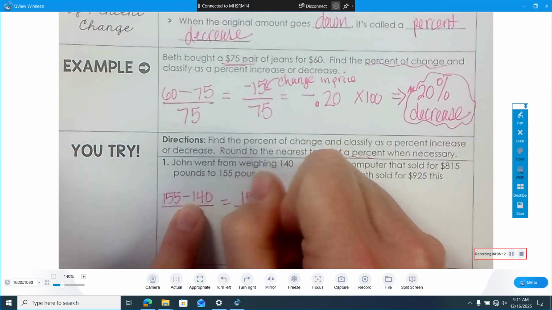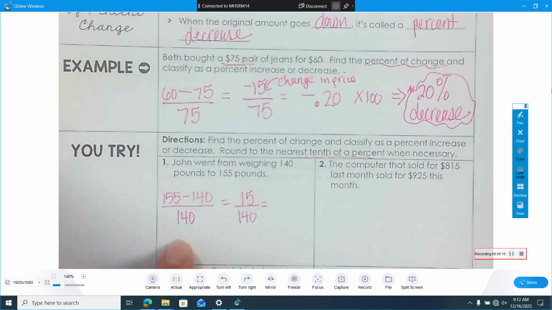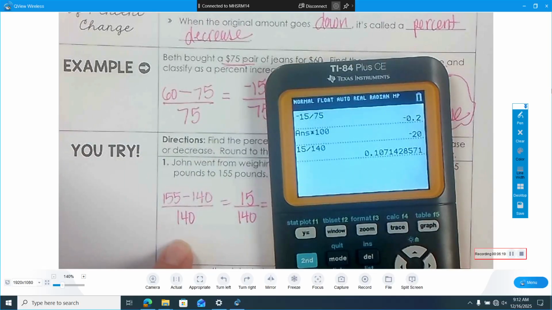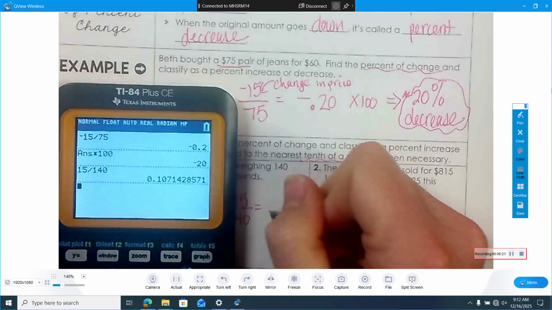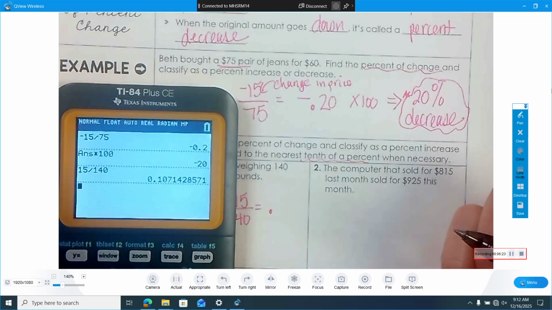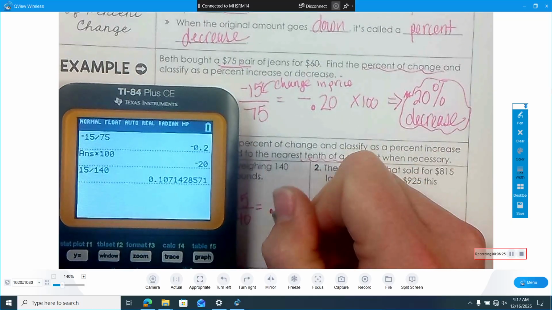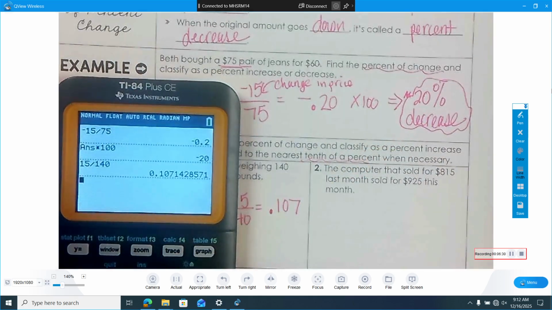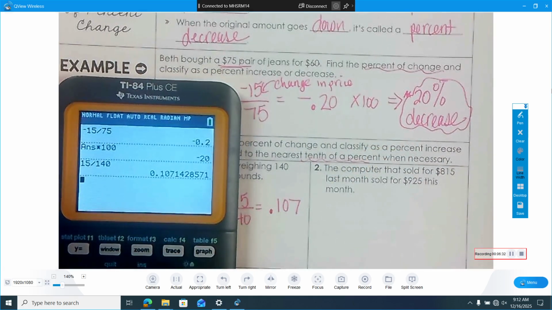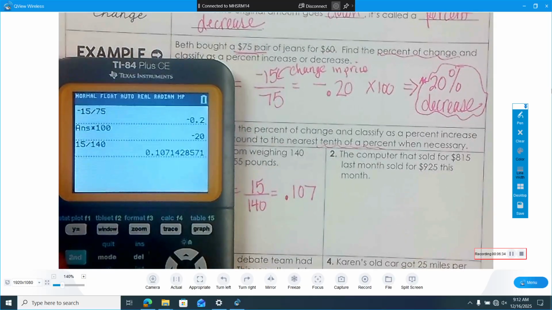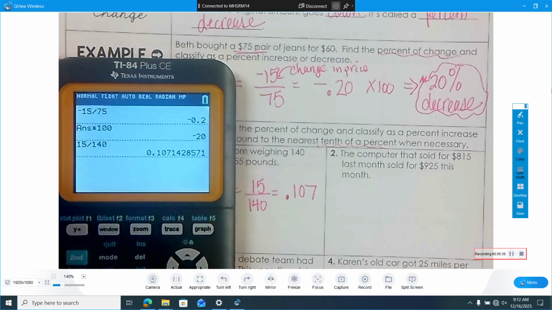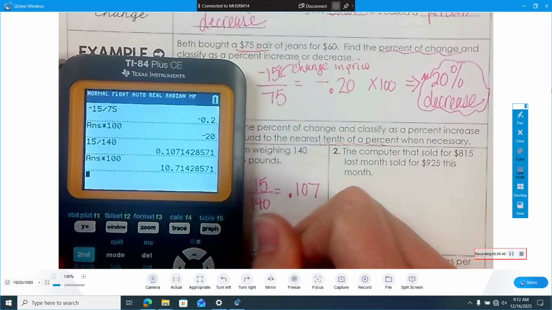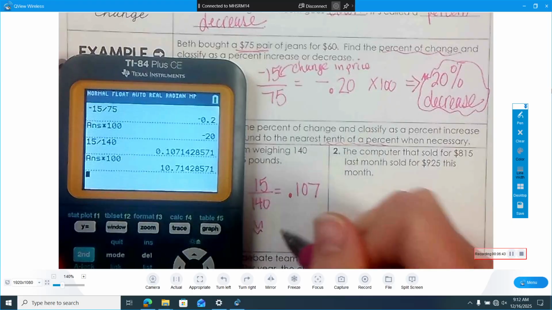15 over 140 is 0.1, I'm going to go 0.107. Yeah. All right, but that sort of is meaningless. So how do I convert it to a percentage? Multiply by 100. And so that would be approximately